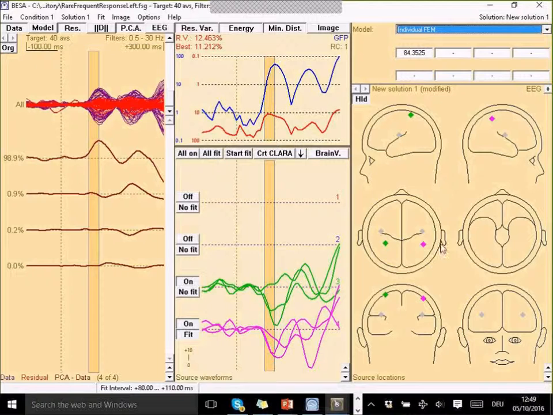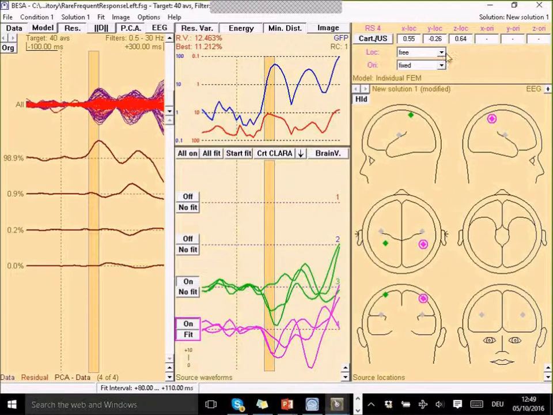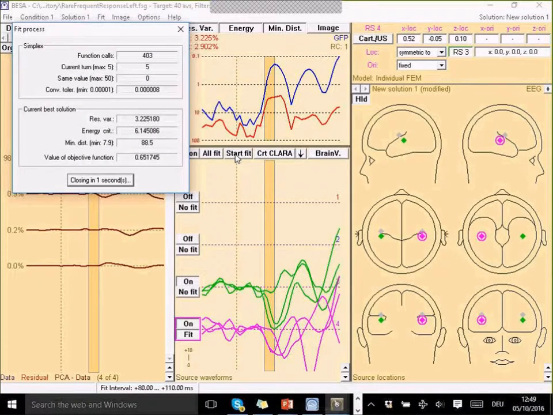And again, I'm going to use a symmetry constraint, so make this source symmetric to the regional source 3, and now fit these two sources over the same interval, just with the